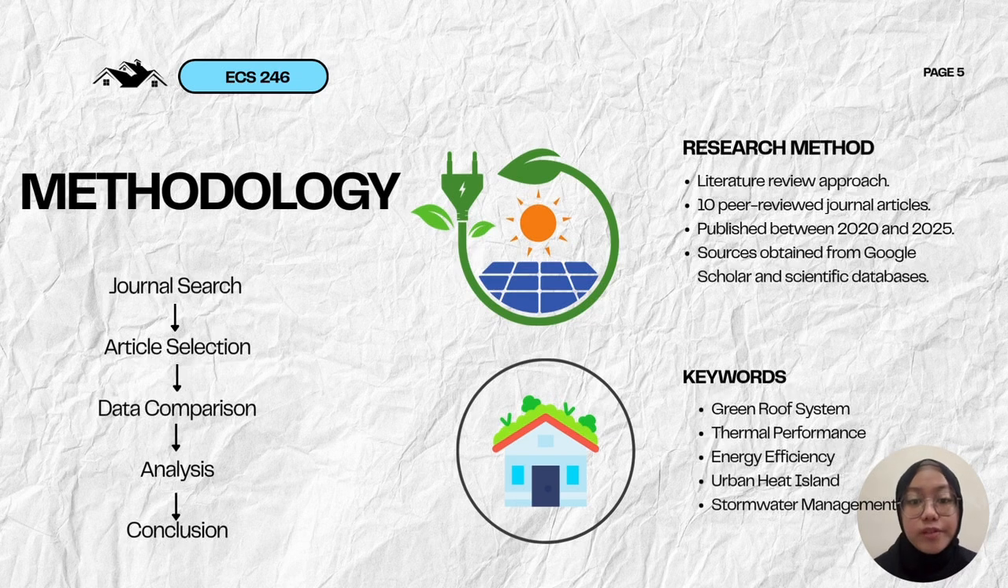This slide shows the methodology that we use in our research. We choose a literature review approach, which means our study is based on information from previous research instead of conducting experiments. First, we conduct a search using Google Scholar and other scientific databases. We use keywords such as green roof system, thermal performance, energy efficiency, urban heat island, and stormwater management to find relevant articles. Next, we selected 10 peer-reviewed journal articles published between 2020 and 2025 to ensure the information was recent